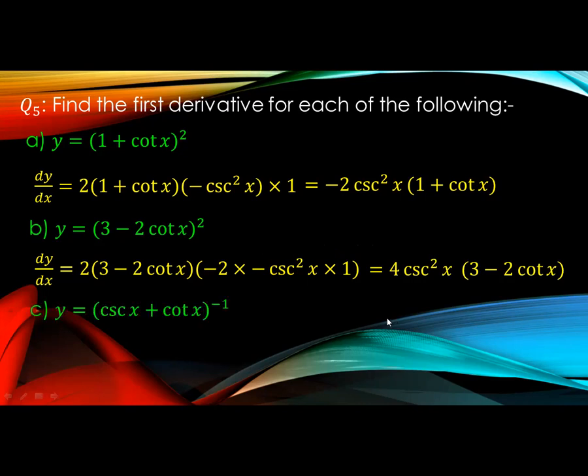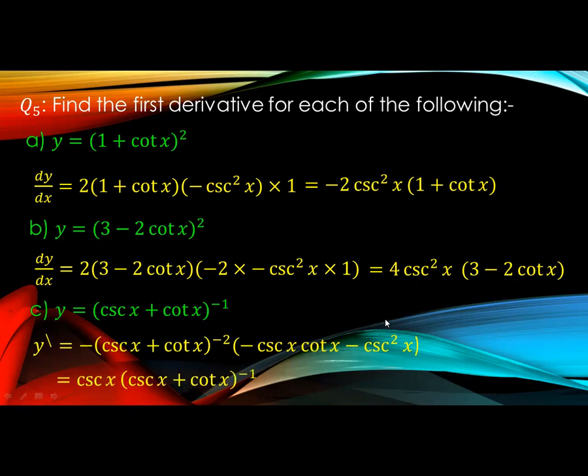Letter C, y equals (cosec x plus cotan x) all to the power negative 1. Also for this function, the base is cosec x plus cotan x raised to the power negative 1. For the first derivative y dash, we drop the power: negative (cosec x plus cotan x) all to the power negative 2, subtract 1 from the power, times the derivative of the base. The derivative of cosec x is negative cosec x cotan x, and the derivative of cotan x is negative cosec square x,